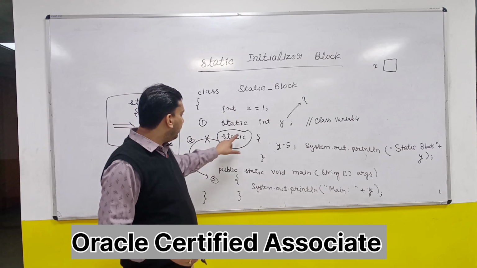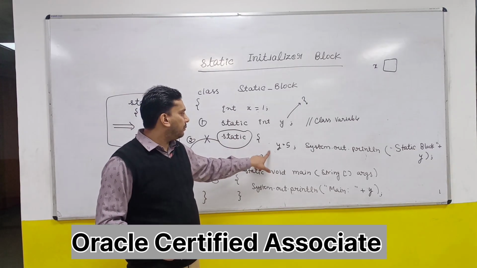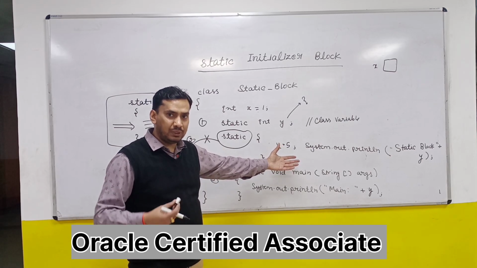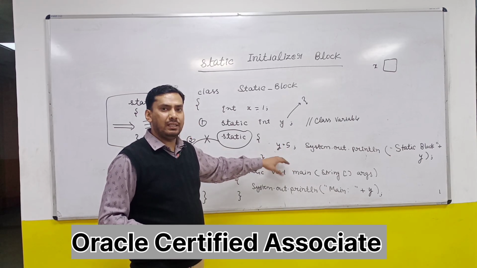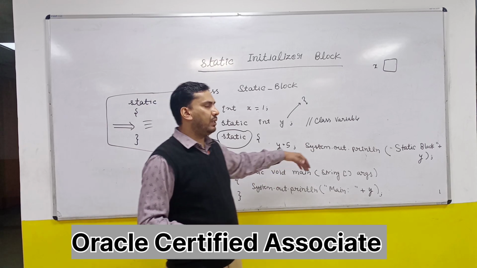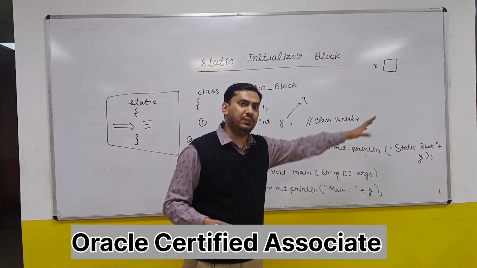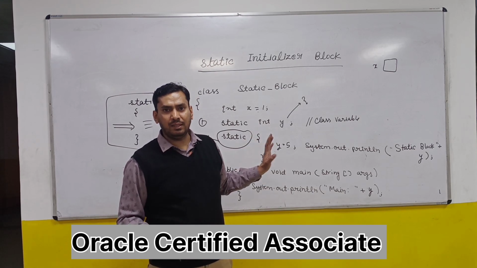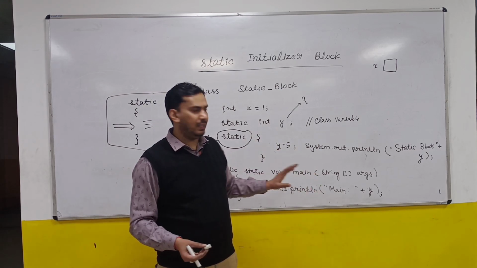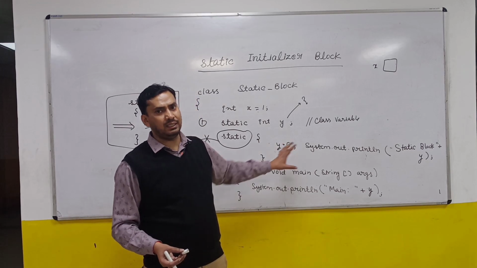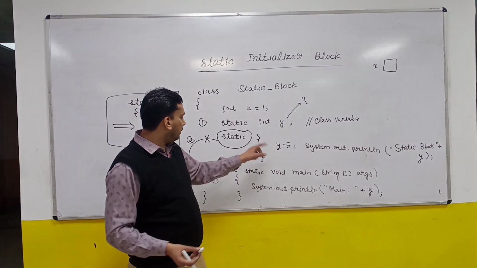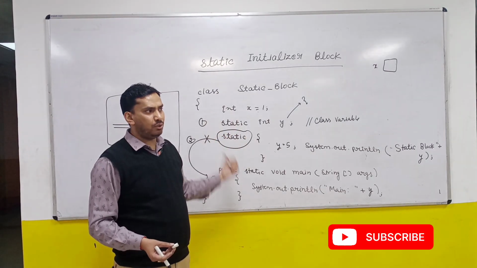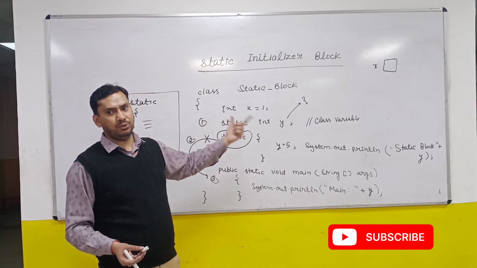But when you write a static block, you are supposed to do something over there. You can initialize with some user value, or with some predefined value. You can do some task, you can call some function. From this static block you can do everything that you generally do from a function. It has all such facilities available. So it is similar to a function, but it does not have any name. It will be automatically called very first when you execute your program.